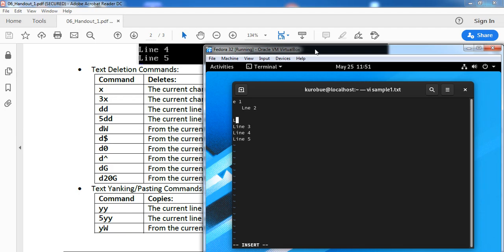3, line 2. Let's name this line 2.1. Let's name this as line 2.2. And let's name this as line 1. Okay. We could delete